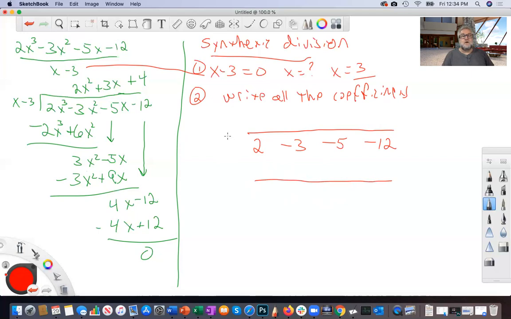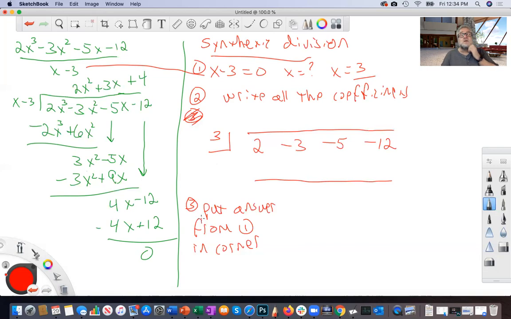Okay? Now over here, oops, not gonna write it there because I need that space. Step 3, put the answer from step 1 in the corner. Think of this as the penalty box here. There, put them in the penalty box. Okay. Now, the rule is you're always going to get,